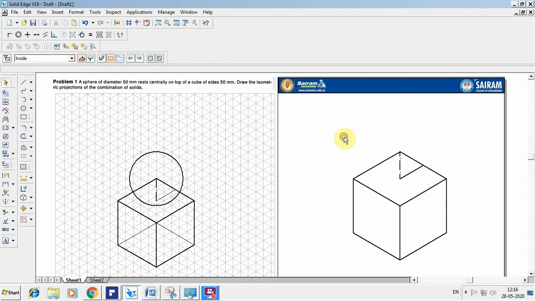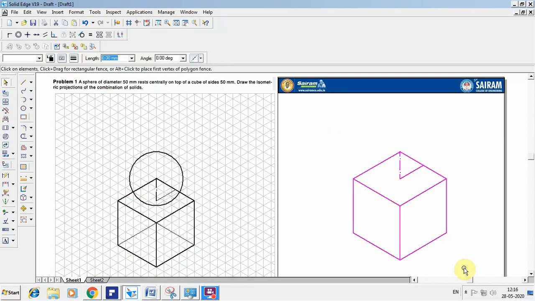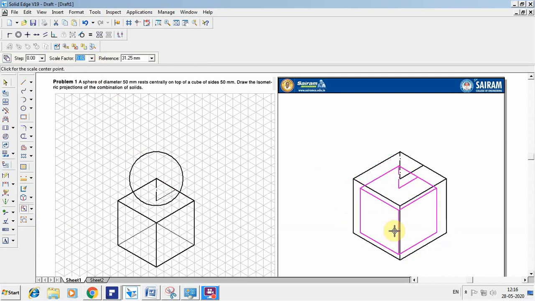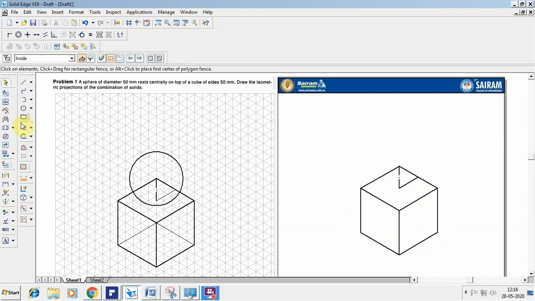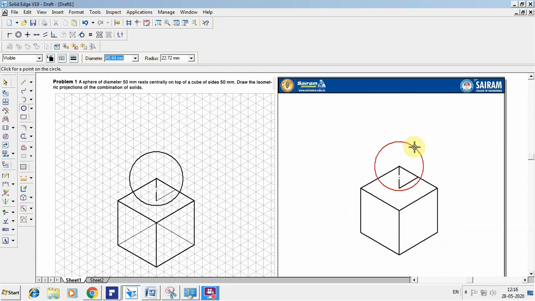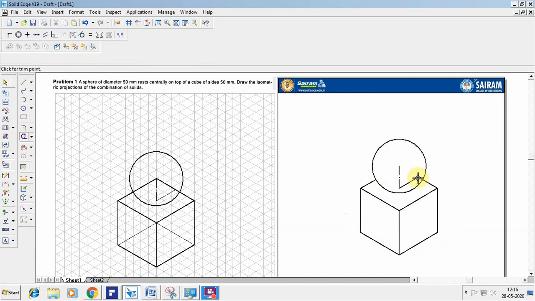This is the axis of the sphere. Once you have done this, this has to be reduced to iso scale, because whatever I construct afterwards, that is a circle, will be in the normal scale. So I select this and go for scale, and reduce the scale factor to 0.82. Now I will go for a normal scale, circle by center point, dia I am going to take as 50. So it will be done. Now go for trim and trim off the additional things.